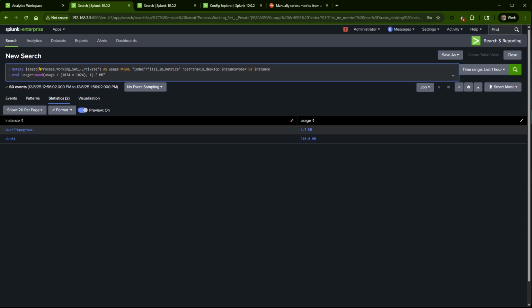This is where you'll have to decide how you want to visualize this data. So what am I going to do? I've got this being collected on one computer. I want it for the other computers in my house. That's where I'm going to utilize my deployment server. So if I go back to Config Explorer, which I have here,